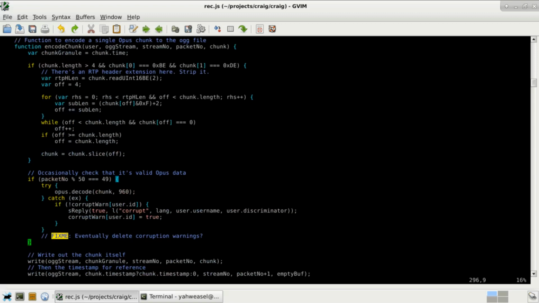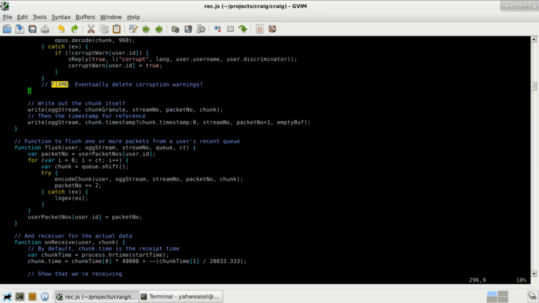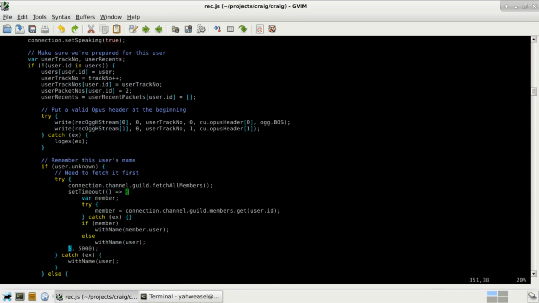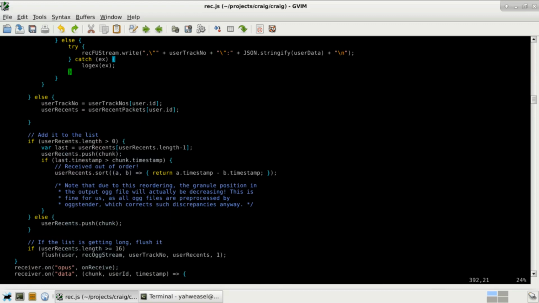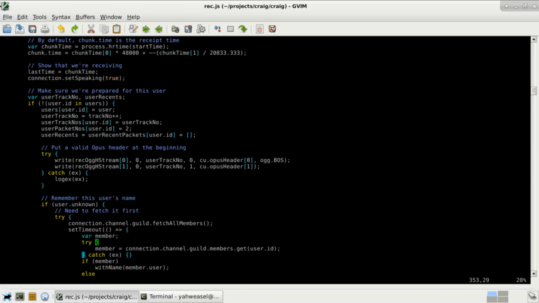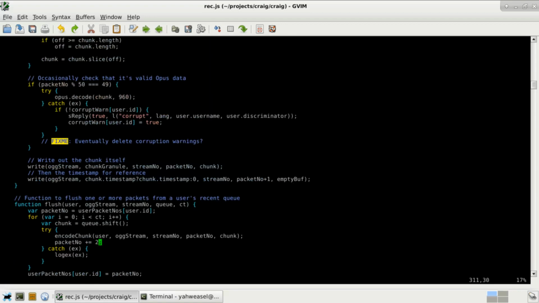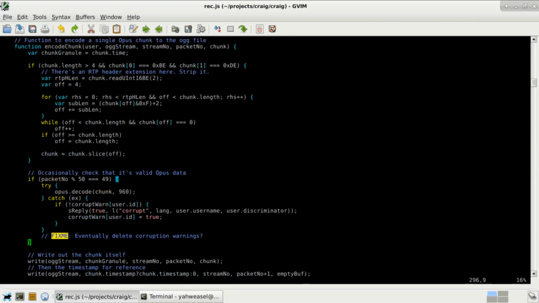In Opus on Discord, it happens to be 20 milliseconds worth of audio, which is 960 samples. This is all details that aren't that important. The point is, we're not thinking of it as a stream, we're thinking of it as individual chunks. Each of those individual chunks could be out of order. We can reorder those chunks, write them independently to the file, and each one of them has its own timestamp. So we're not treating it as a stream, we're treating it as individual chunks, each of which has its own